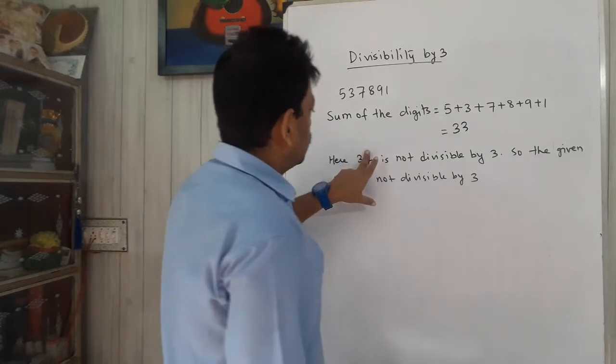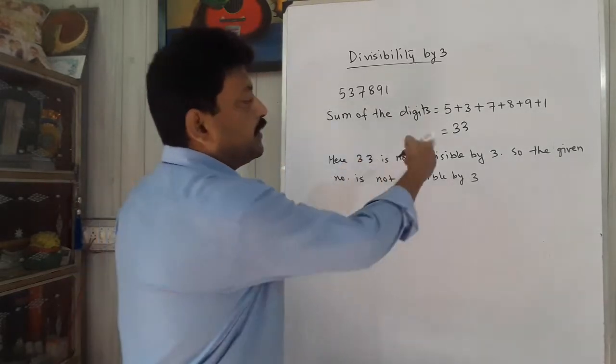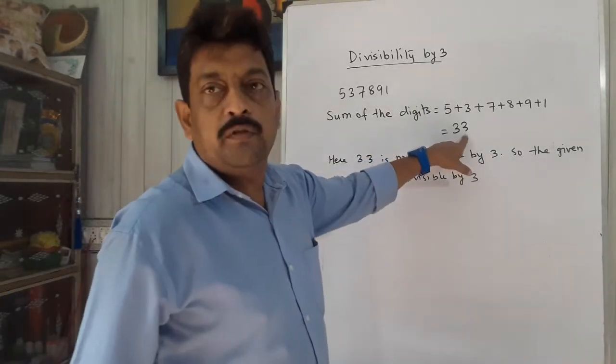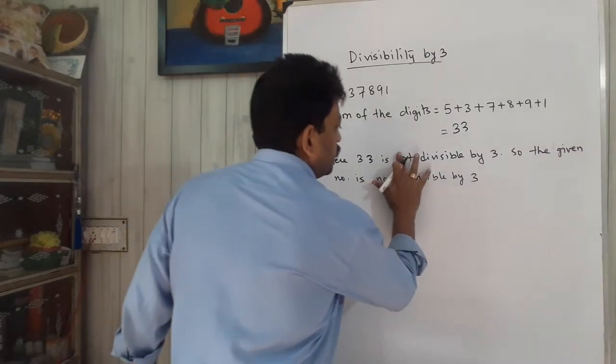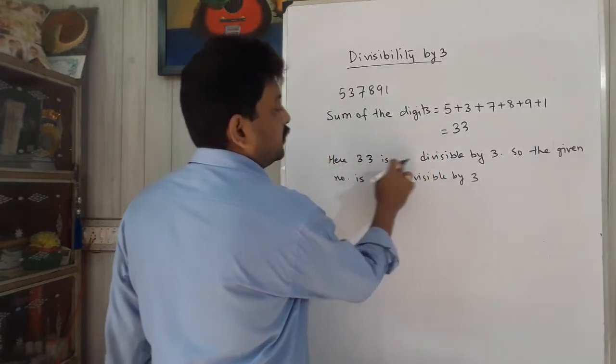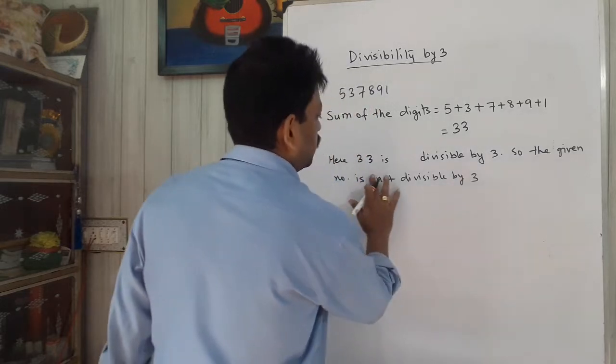Now here you can see that 33 is divisible by 3. So here change the statement: 33 is divisible by 3, so the given number is also